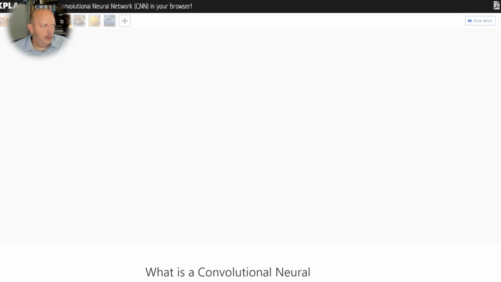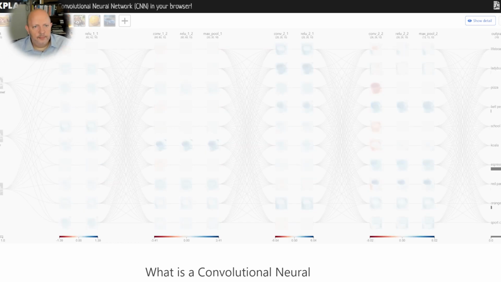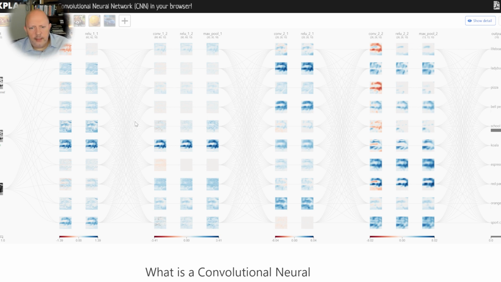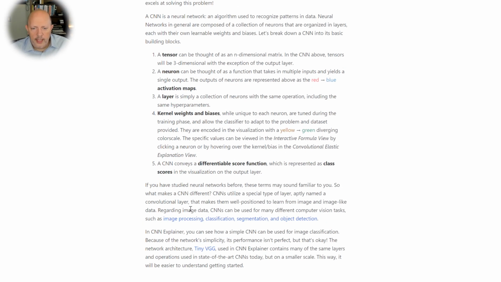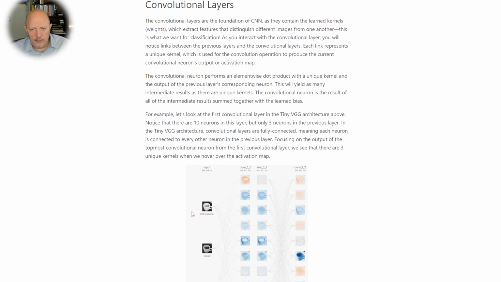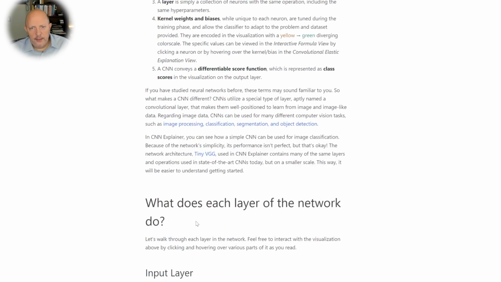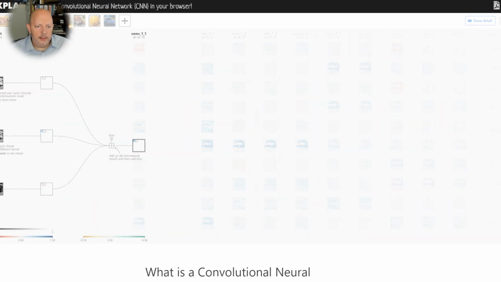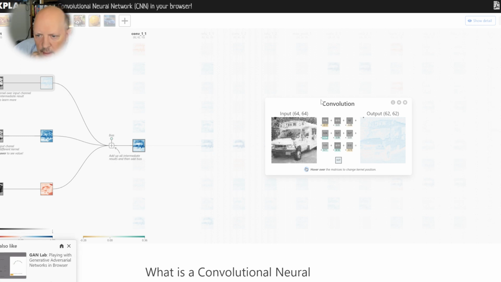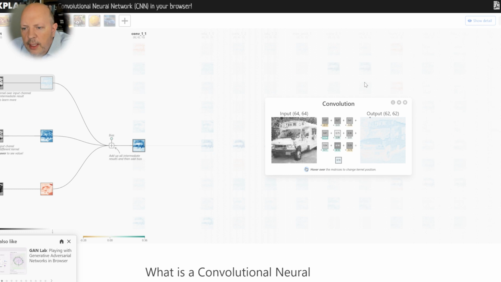Let me load it. Okay, I guess you guys can see it. This is a great explanation of a convolutional network. We can click on any image and actually see it happen in real life. If we get a little closer, we can go over this. We see how the kernel slides over the input channel to get the intermediate results. Click to learn more. If you hit play, you actually see it working.